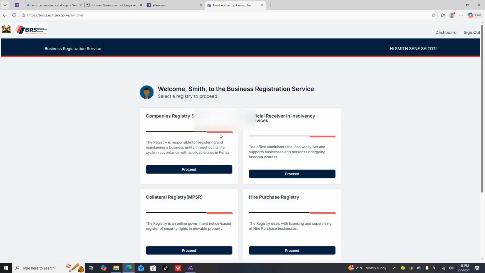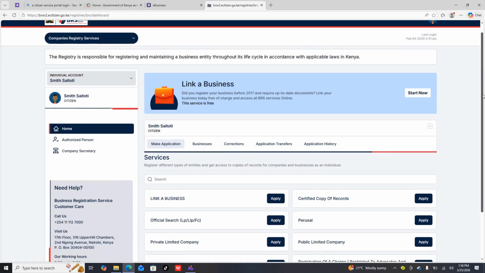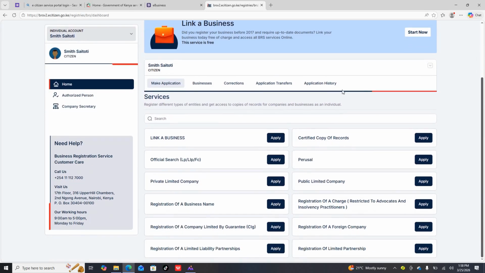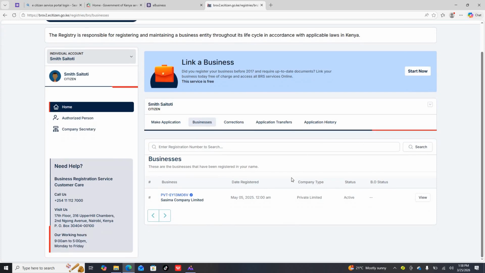When you come to this part here, you are going to select the first application, that is Company Registry. Under the Company Registry, this outlook is what will pop up. I'm interested in this part here, written Businesses. I'll click on Businesses. When you click on Businesses, any business you have registered will appear here. When I find the company I want to file annual returns for, that is when I use the